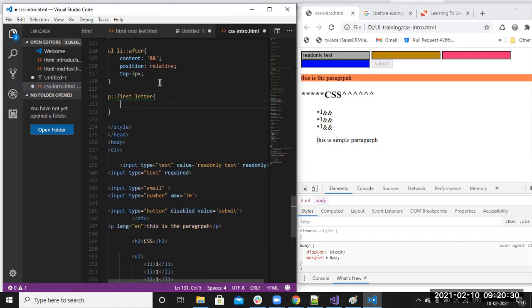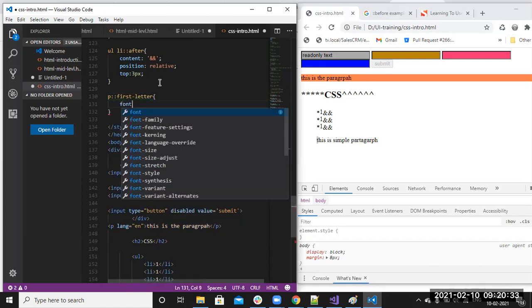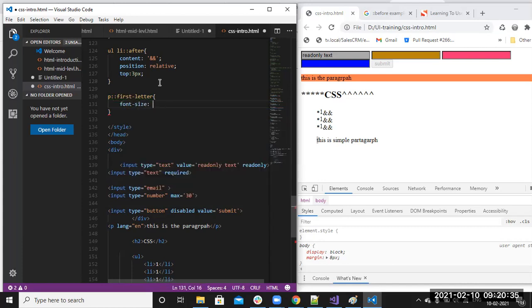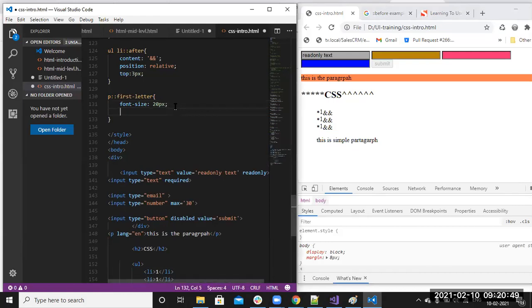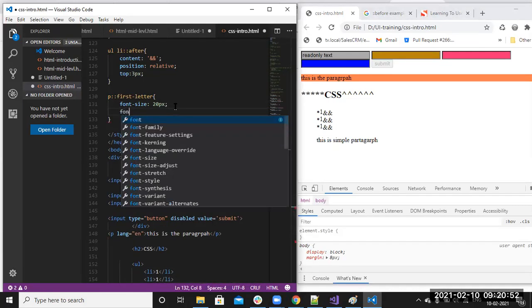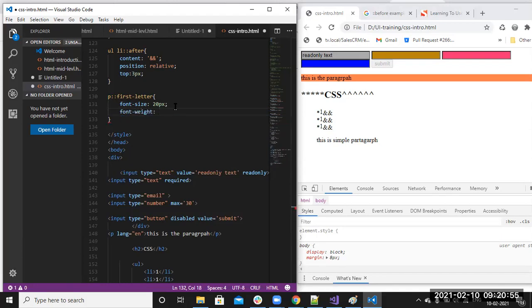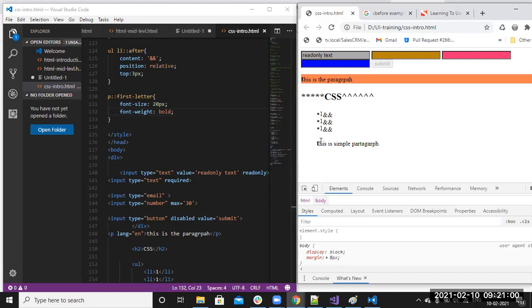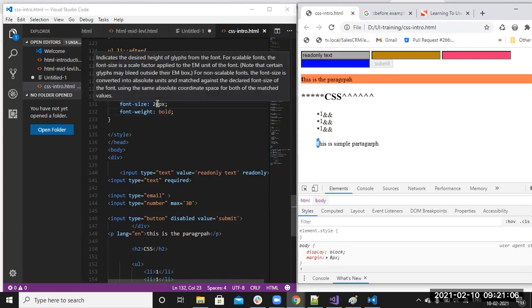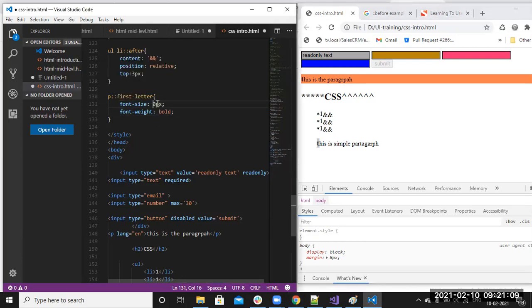For that first letter, I'm increasing the font size. Font size generally is 12 pixels. Now I'm increasing it to 20 pixels. This is also a paragraph only, so here it will increase, and this is a paragraph, here also it will increase. The font size and the font weight also will increase. These things we'll see next class, font weight, font size. Now you can see that T is now bold and font size 20 pixels. You can increase a little more, 30 pixels.